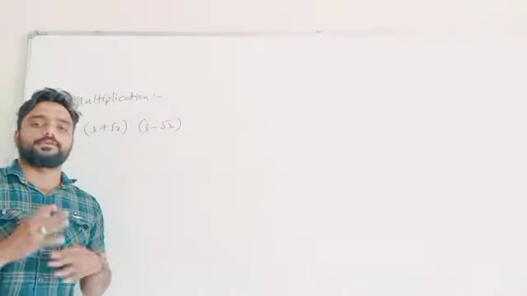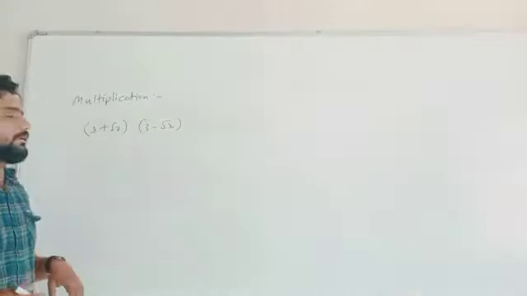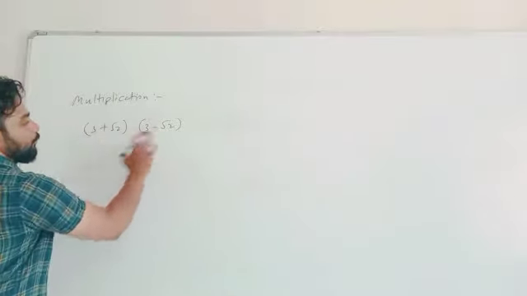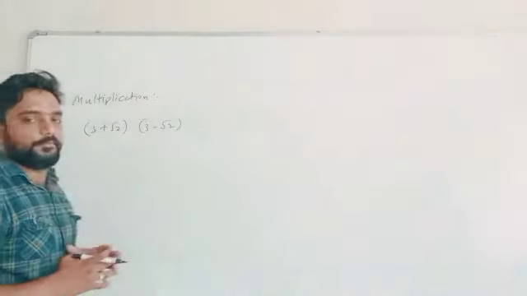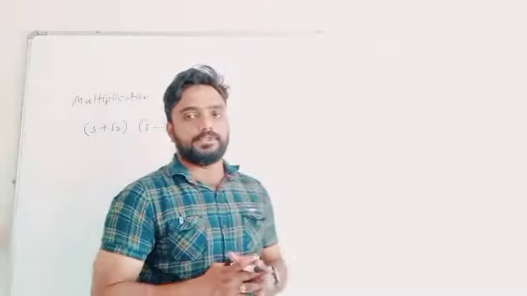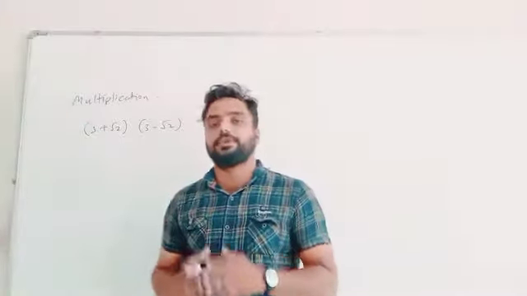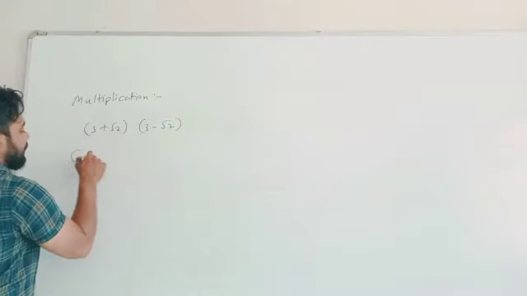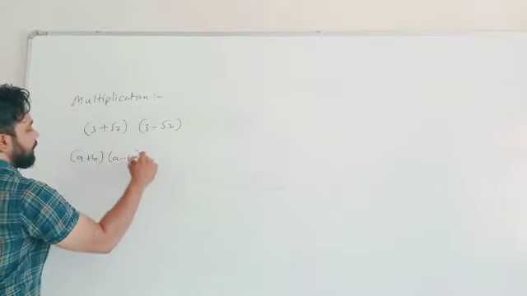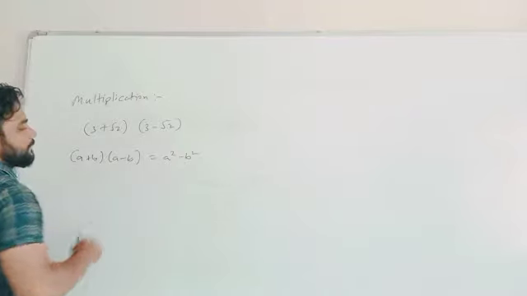दोनों ही bracket के अंदर जो terms हैं वो same हैं. That means what? 3 and 3 and root 2, and only the sign is different. Here it is plus and here it is minus. Understand or not? So all of you are familiar with the identity. That is a plus b multiplied by a minus b gives you a square minus b square. Here you will use the same thing. I am writing here the identity, that is a plus b multiply by a minus b, that will give you a square minus b square.